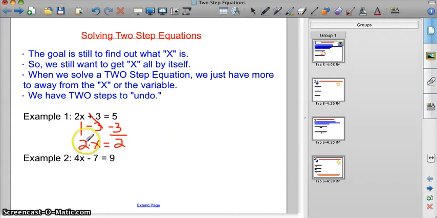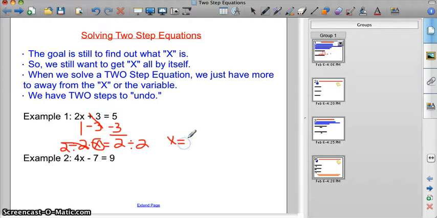Since the opposite of multiplying is dividing, I will divide by 2. I have to do this to both sides. 2 divided by 2 is 1. So now I'm left with just x. 2 divided by 2 is 1. So in the end, my answer is x